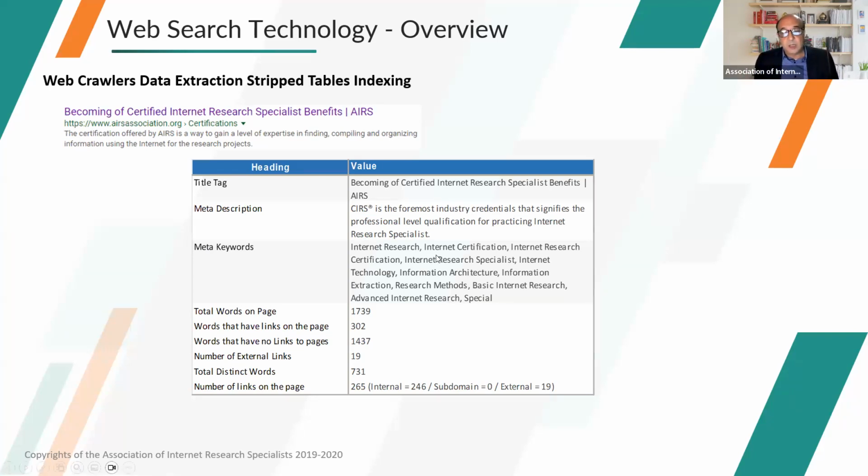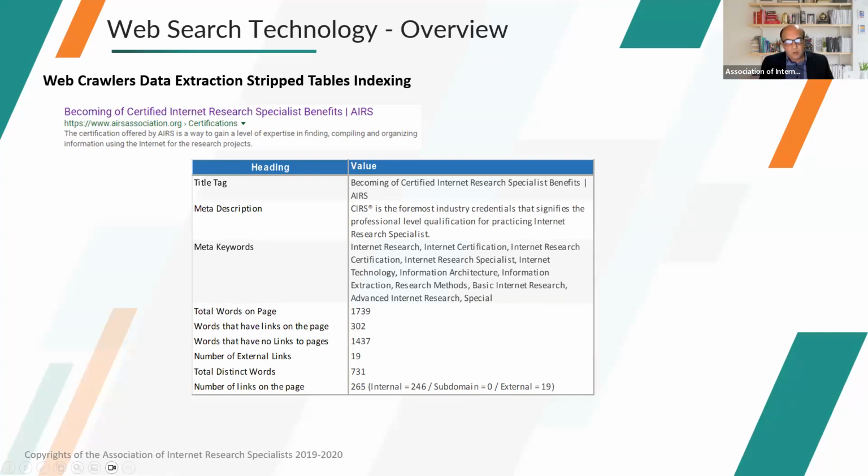Now the indexing is also going to summarize certain numbers for that page, like total words on the page. So 1,739. By the way, these are just tabulations, more like a summary at the meta level. This information has relevance to the search engine, and that is why it's there.